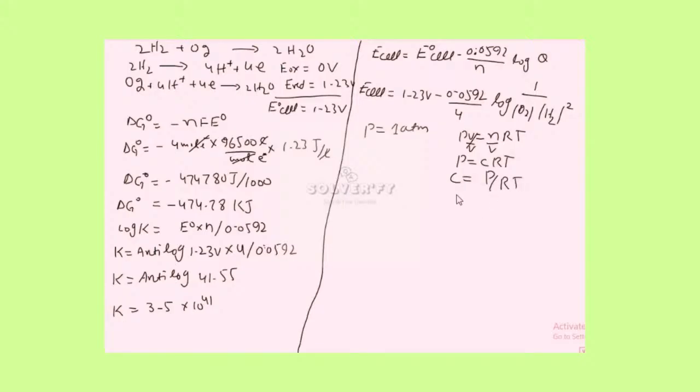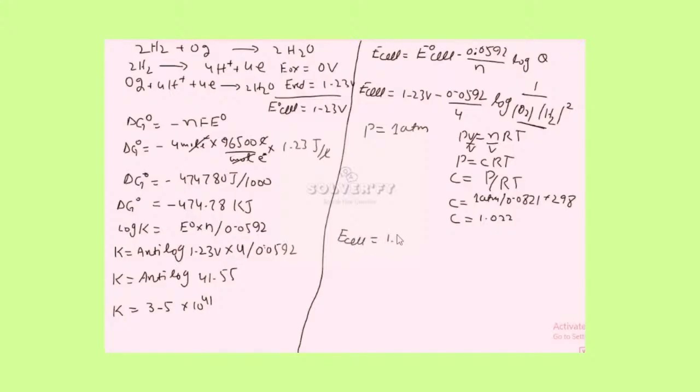So calculating the concentration for hydrogen or oxygen, P is 1 atmosphere, where R is 0.0821 liter per mole per Kelvin, and temperature is 298. So the concentration of both the gases is equal to 1.022. Putting the values for the hydrogen and oxygen in the above equation, we get that E cell, the non-standard cell potential, is equal to